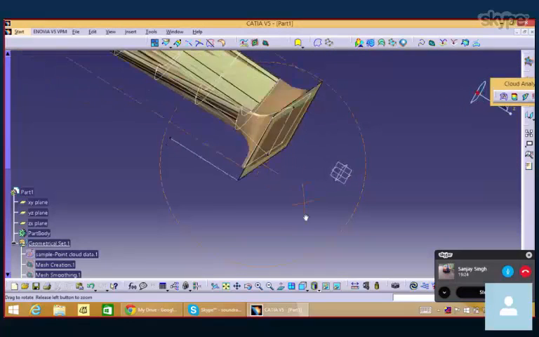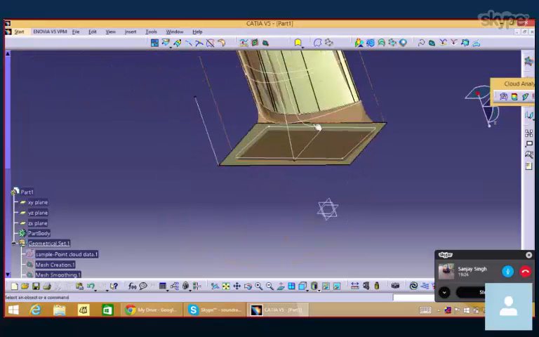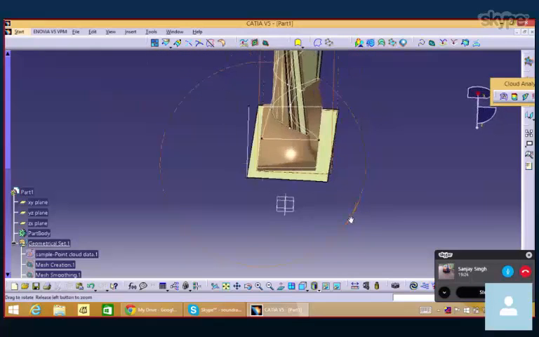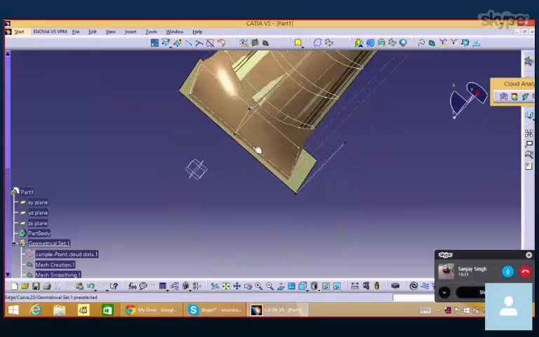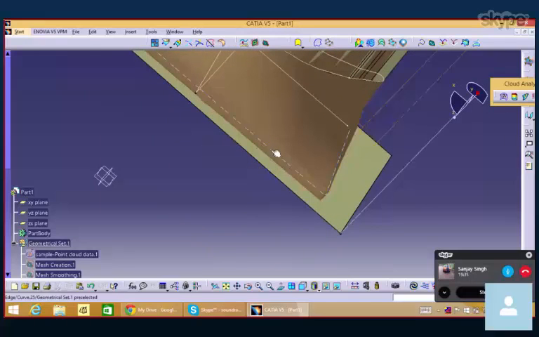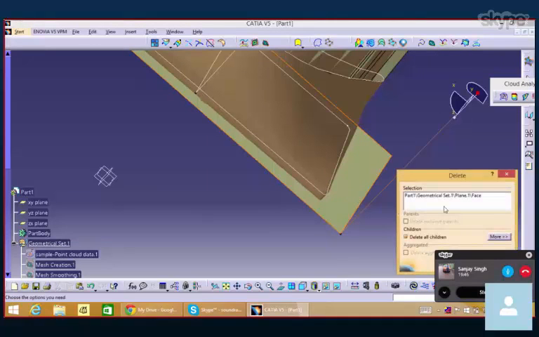Likewise, we can trace the bottom portion and then trim it with the surface. After creating the box, this is a rectangle. We can extrude this rectangle and trim this surface and the rectangular surface, so that we will get a closed bottom. Either we can go in this way, otherwise